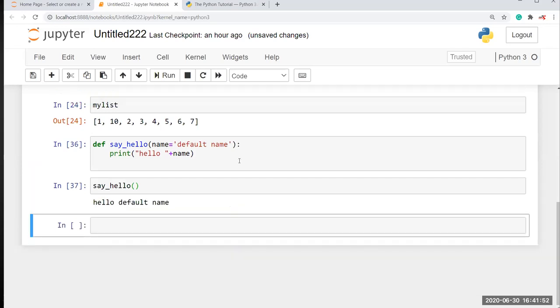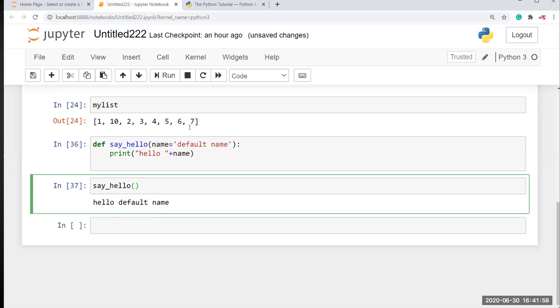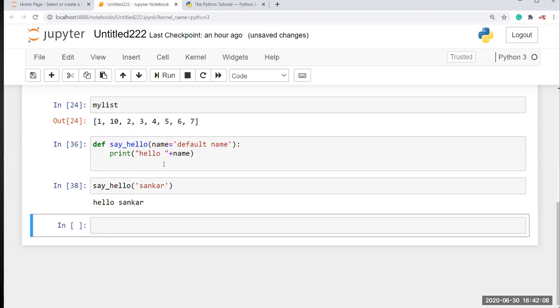So here I have not passed anything in here, so it prints hello default name. If I pass Shankar or any string inside the parenthesis, it takes Shankar as an input. Okay, then it prints hello Shankar. So this is the default name declaration.